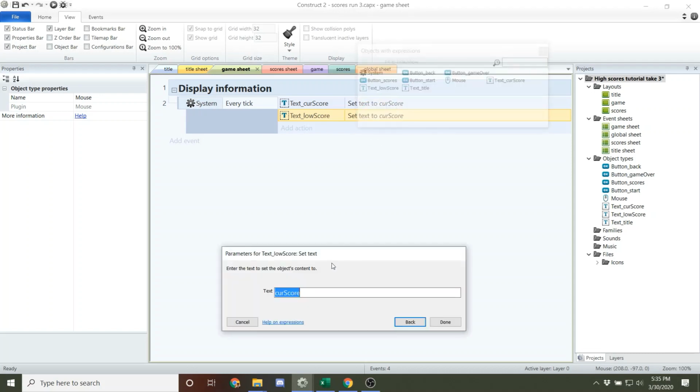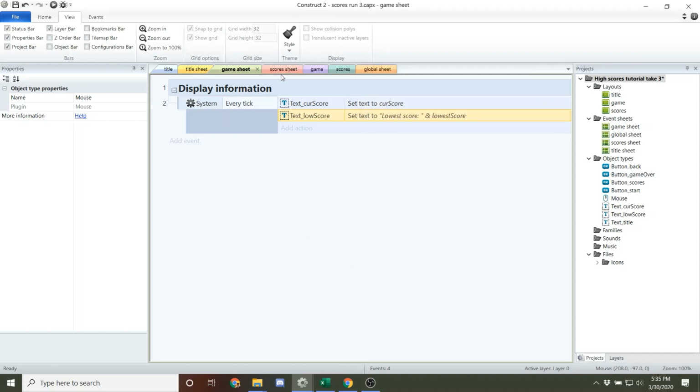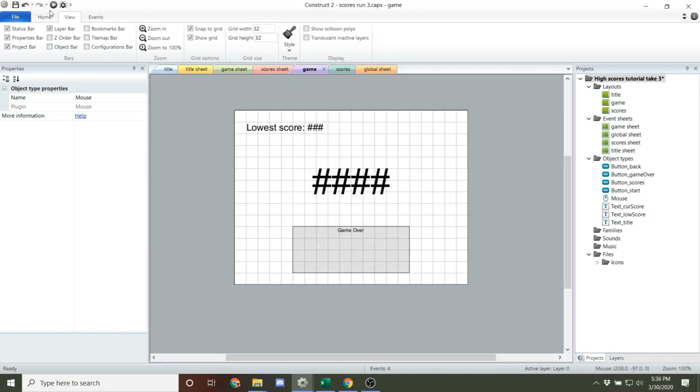And I'm going to change this to quote because we're using a string, which is a piece of text, lowest score space end. And then I'm going to add an ampersand, and now I can adjoin my variable, which will be lowest score. All right, so now if we were to run the game,